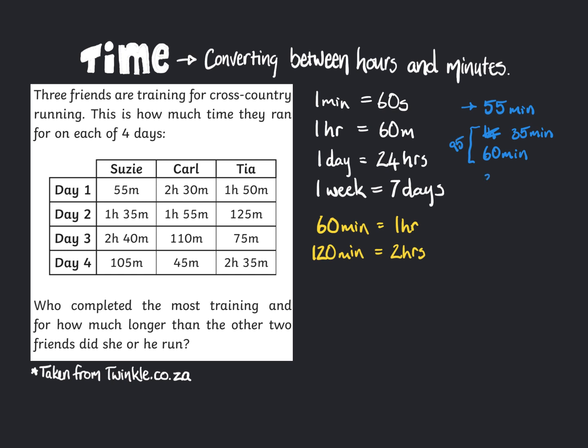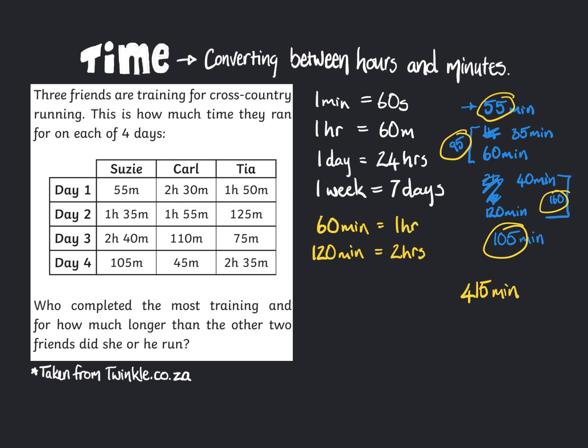Day 3 is going to be 2 hours and 40 minutes. But we also know that 2 hours is the same as 120 minutes. So you see what I'm doing? I'm changing all of the hours to be minutes. So that means on day 3, she's going 160 minutes. And then lastly on day 4, it's 105 minutes. And so, let's break out the yellow. We can add the 55 to the 95 to the 160 and to the 105. And this comes to a total of